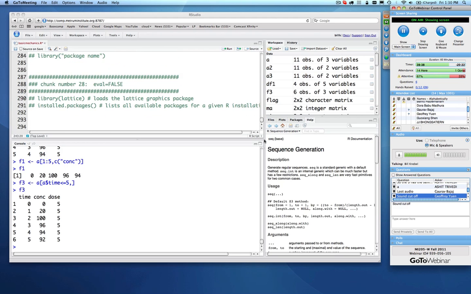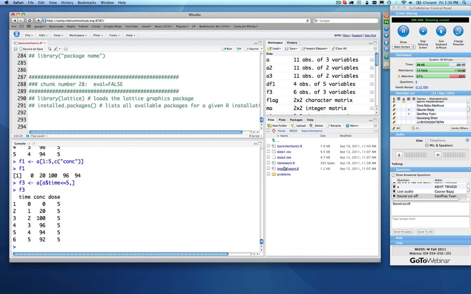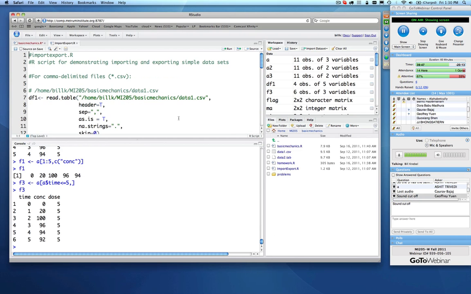Okay, so I'm going to pull open another R script here that I have, and it's called import export.r. And this is really an R script that will allow us to read files in and out. I believe that we already looked at this, but let's take a look at the arguments